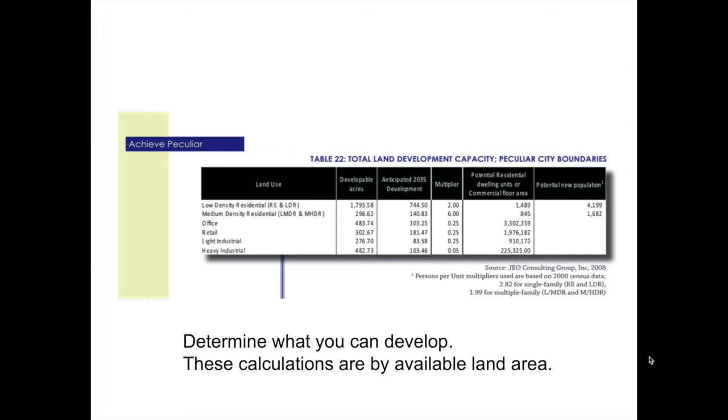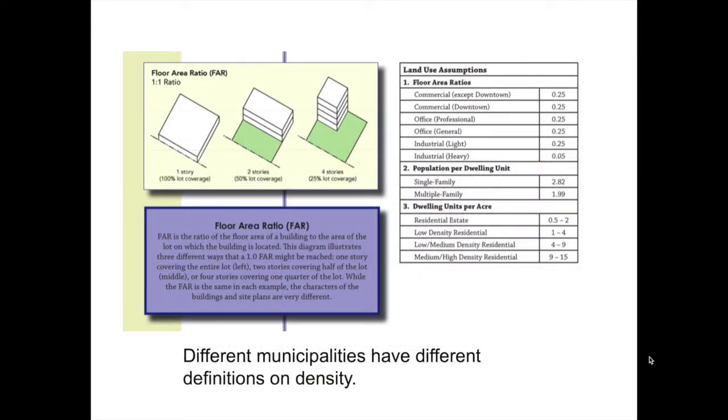But for a town like this that is anticipating growth, which is fairly typical for the American landscape, we still have very much a growth mindset. It's these types of numbers that start to forecast the potential residential dwelling units or commercial floor area that leads into their anticipated land use. We're also governed by a couple of other numbers. One is floor area ratio, and the other is dwelling units per acre. Two additional numbers that are written into plans that developers have to follow when they are applying to develop property are FAR and